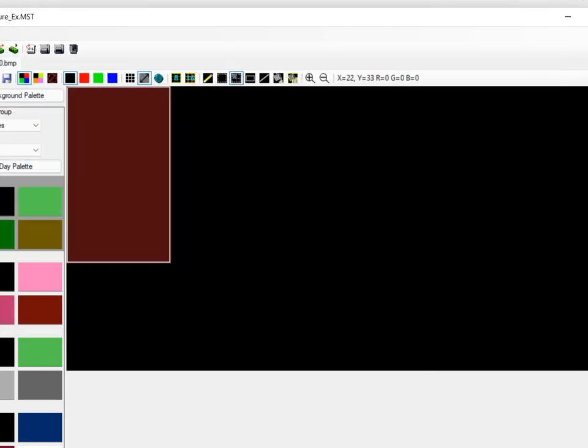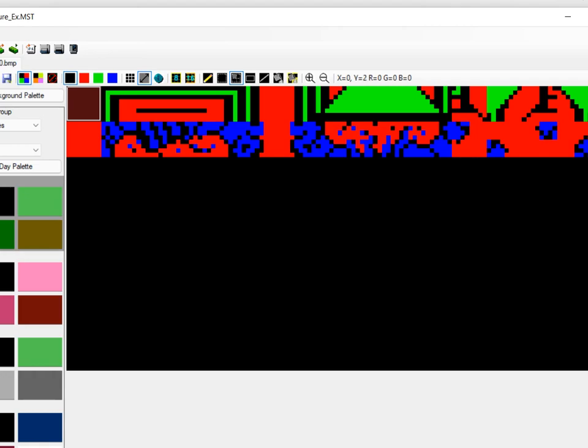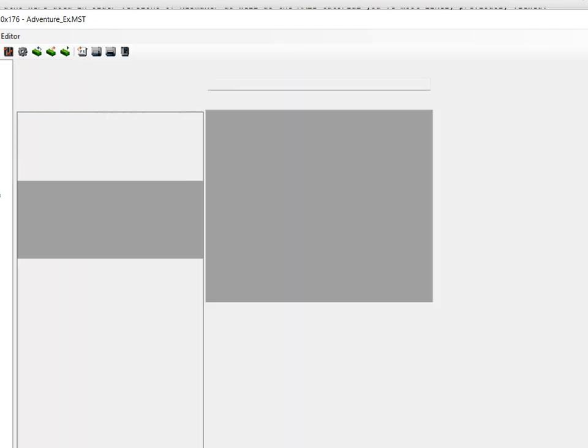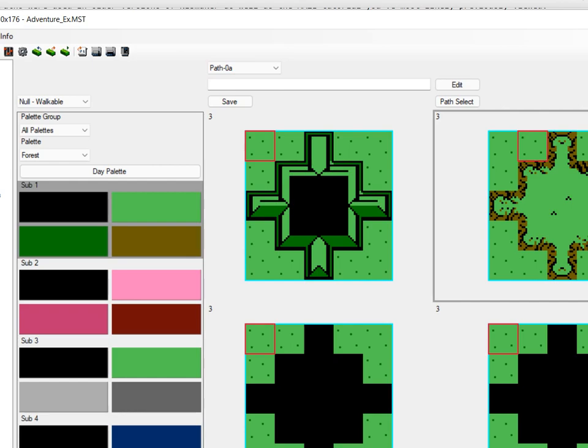Path tile 0. Save that. Now when I go back under path info, there's the paths. This one right here looks really nice. So maybe yeah,